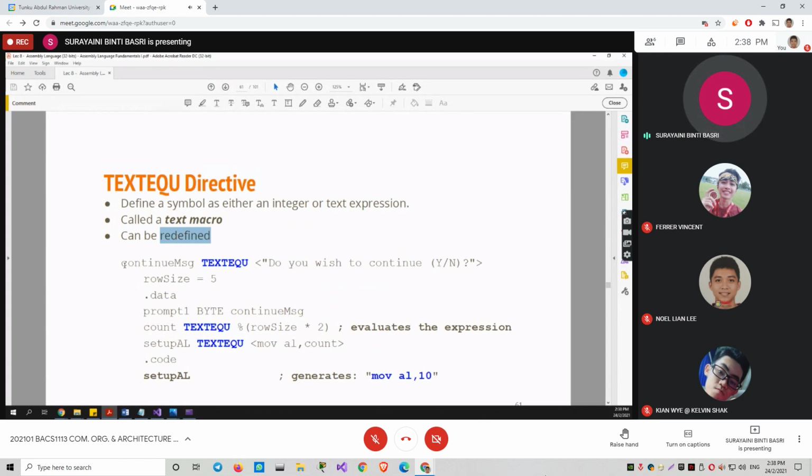For example, we have this TEXTEQU directive. It is previously declared as having this text. So this is another constant. After that,